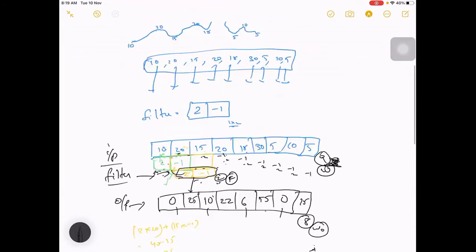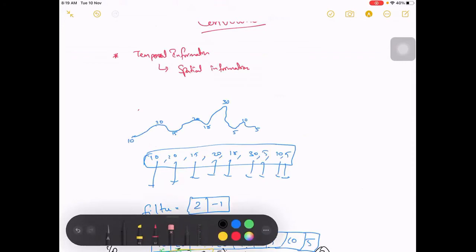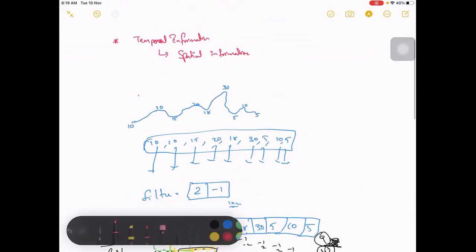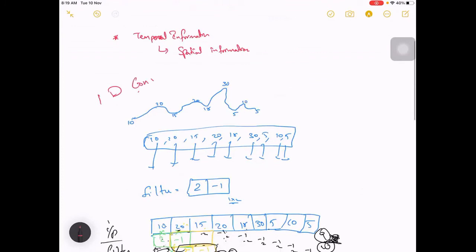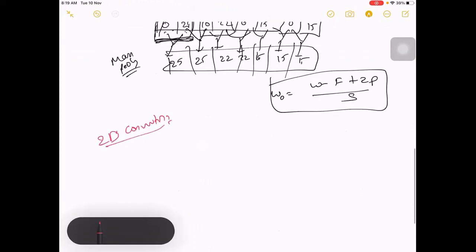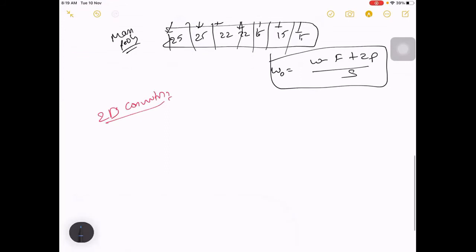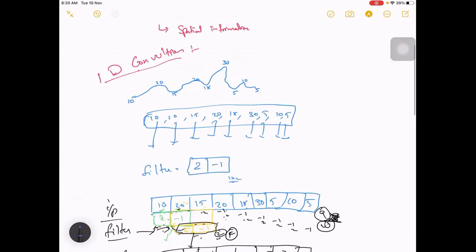The same, now we have seen one dimensional, right? This is only single dimensional. So let's extend it to 2 dimensions. This was 1D convolution. Okay, so if you extend it to 2D, I don't want to compute all this again. I hope you get an idea, and I will show you pictorially how it will be. If it is 2D convolution, in the sense that your input is 2D.